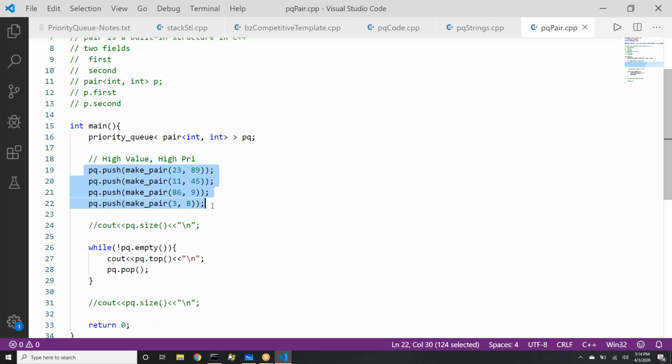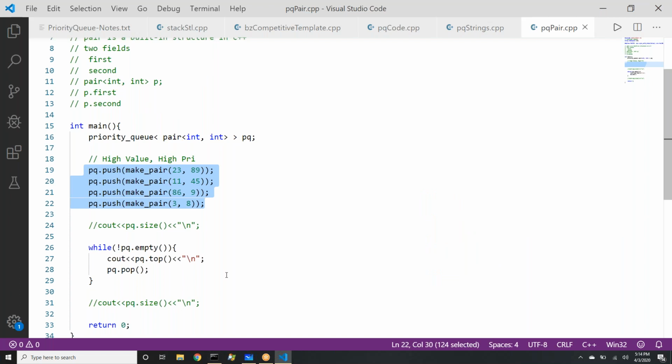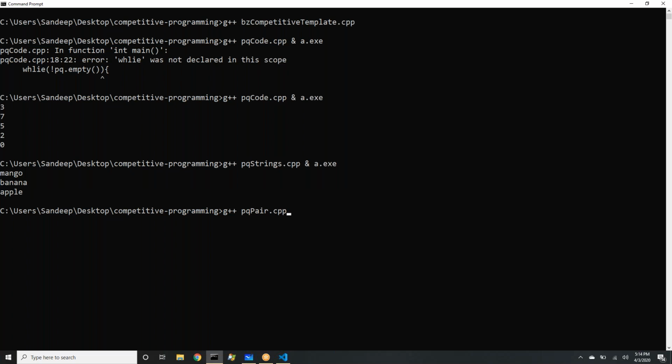Based on first element? Yes, there are two possibilities only, right? Either they will be sorted based on the first element, which is the first field, or they will be sorted based on the second field, right? So naturally, it seems like the first one should be the better choice. By default, if we are not overriding anything, if we are not changing anything, it will sort on the first field. Let's validate that also, because all this will give us learning there.